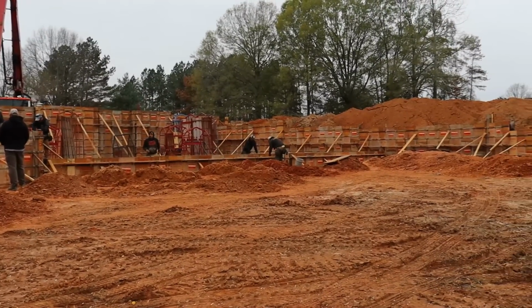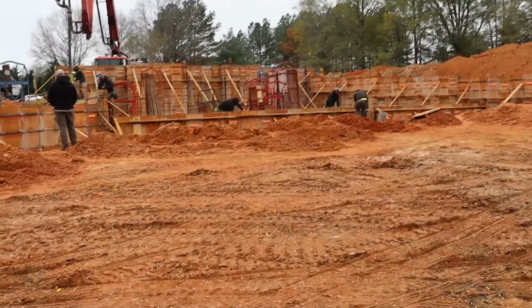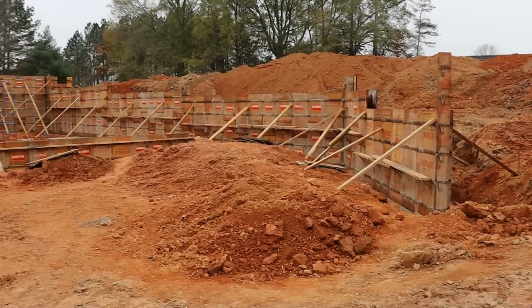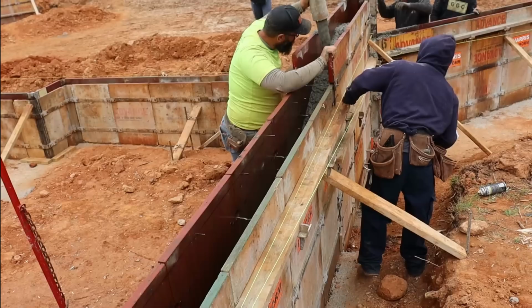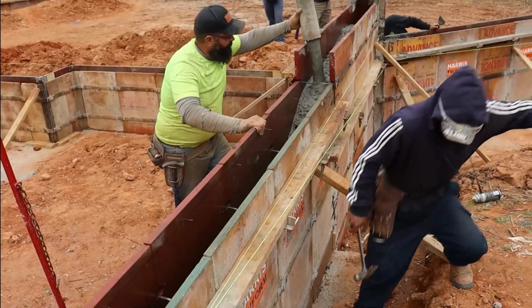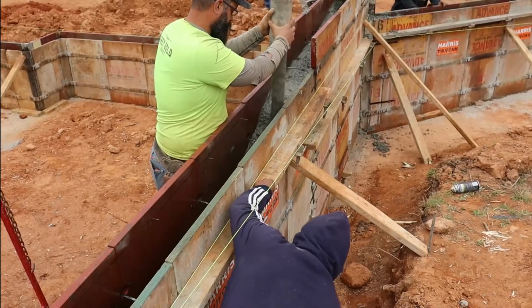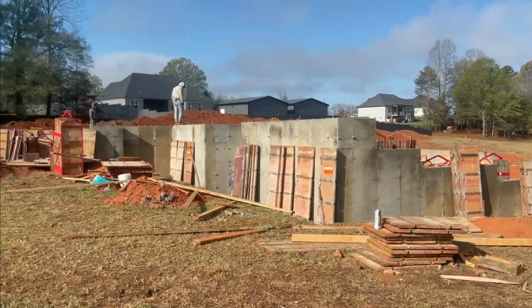So crazy how fast they got these forms up and how quickly this project's moving right along. These guys don't play games. Get in, get it done. Just like that, it only took about a day, day and a half, and they're ready